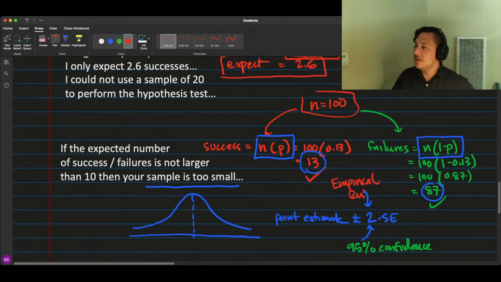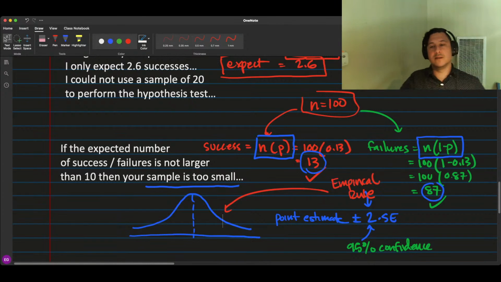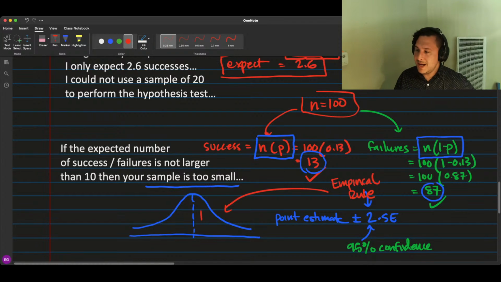And in what distribution were we learning that the empirical rule applies? There's a particular type of distribution for which the empirical rule applies. Yes. And it just so happens